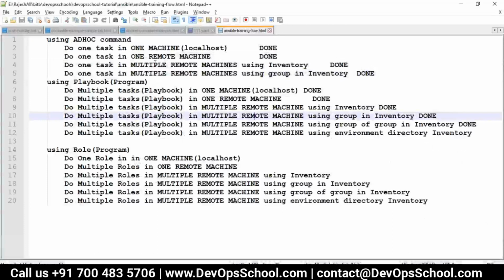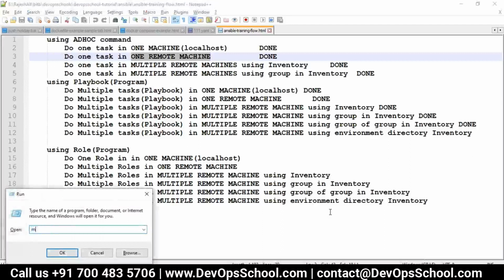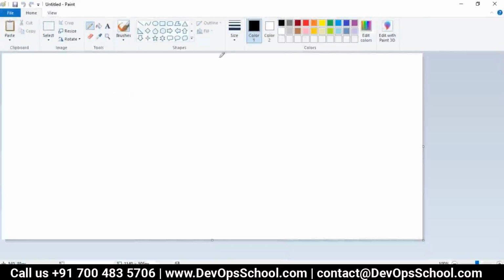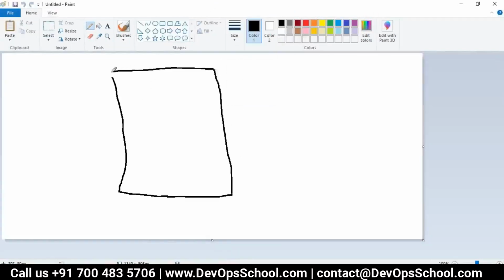So here we have a remote machine. And as per the image, here we have the ACS and this is the ARS.